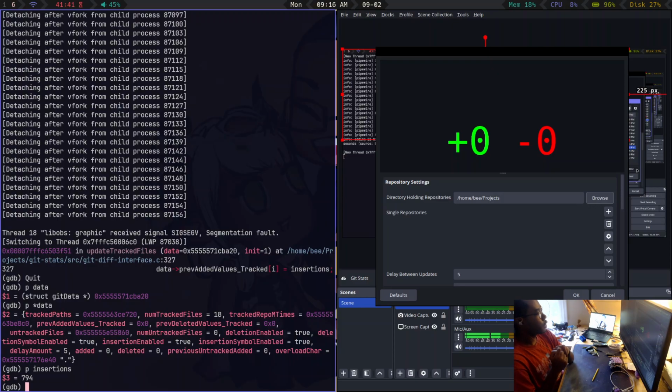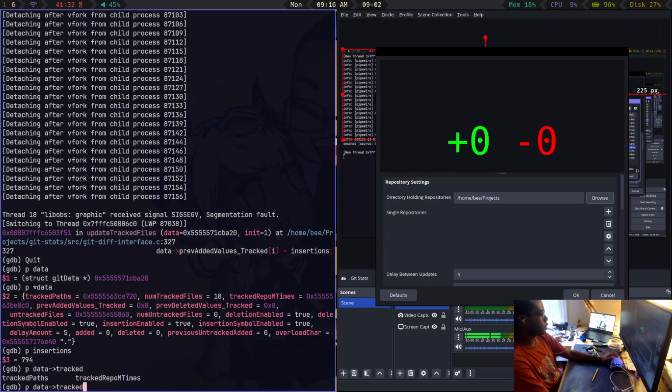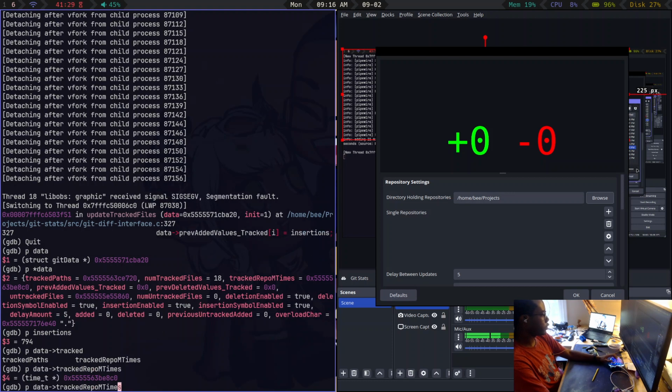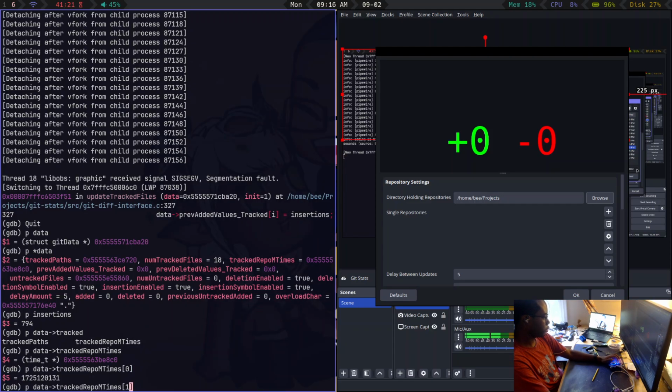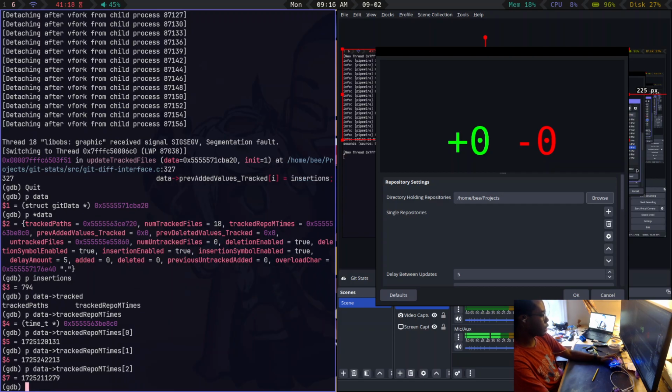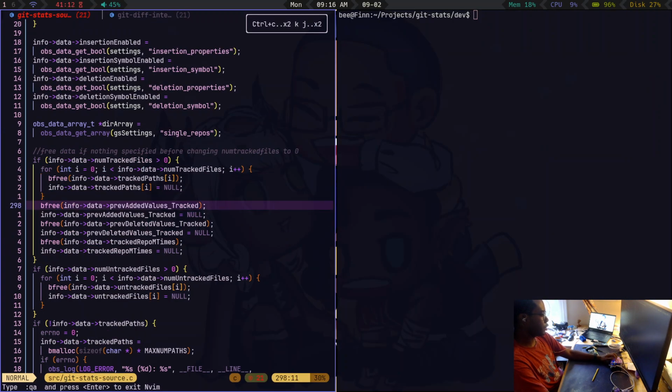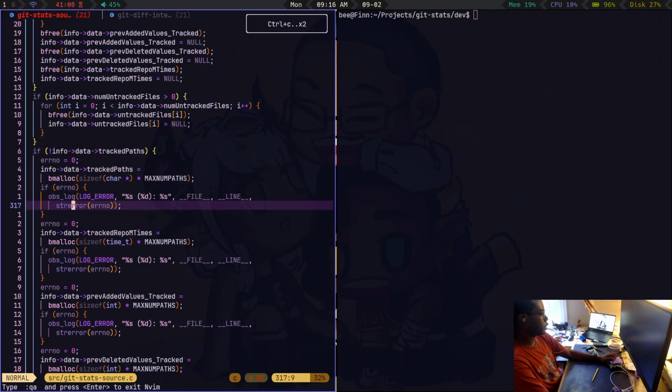Times. Yeah, because does this have everything? This should be data tracked repo times. Wait, this is an array, so I can just be like, okay, give me the first one. Yeah, this is populating correctly, but the previous values haven't been initialized. So if they're greater than free, but they shouldn't have been,